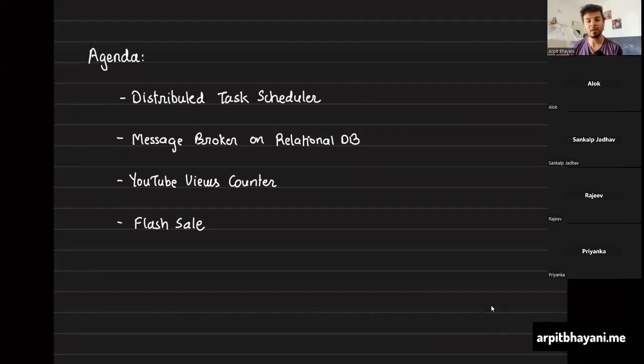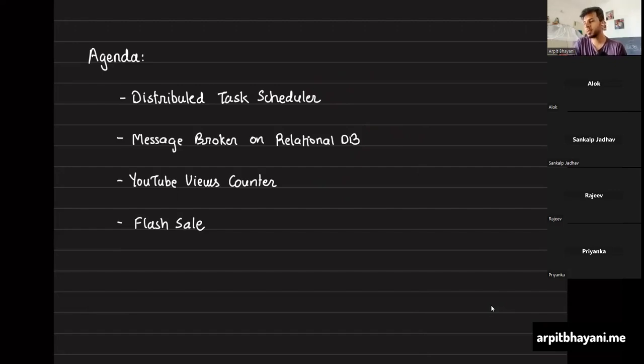And whenever you're designing any system that guarantees some strict SLA, how do you ensure that you meet it? Because at the end it's your code, you need to meet it. But what are some guidelines that you need to follow that ensure you meet that SLA? So how to think about such situations structurally, right? That's one. Then we have a very quick discussion around building a message broker on a relational DB.